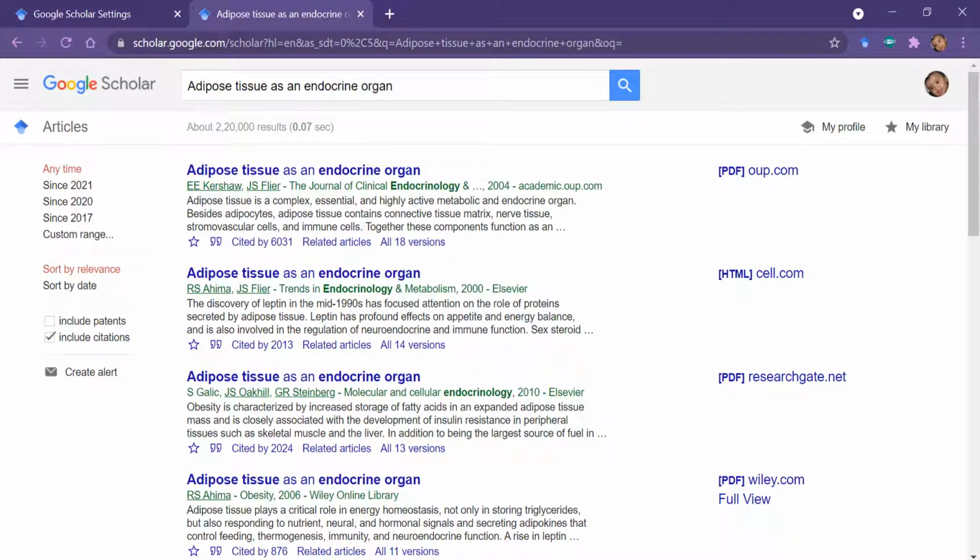Whenever you open any article in Google Scholar, it will look like this. You can see this is one paper, this is the second article, this is the third article. So these are multiple articles. Roughly 10 articles are visible on one page. If you select this star, the article will go to your My Library.